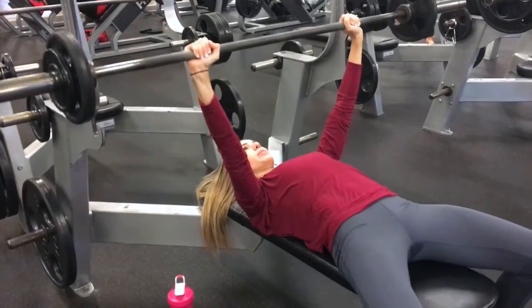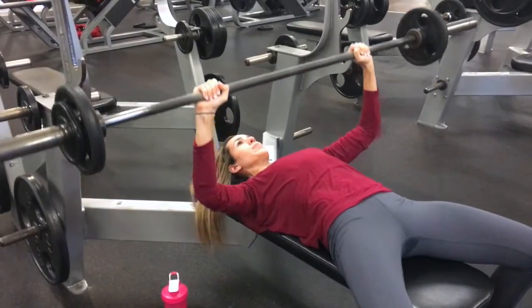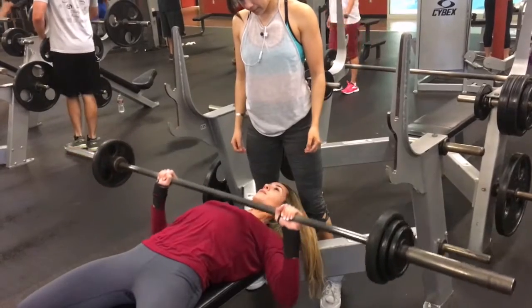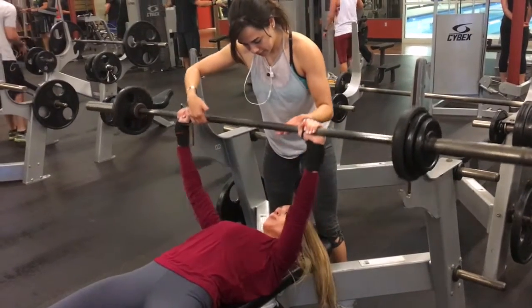I was going for 3 reps. I did 1 rep just fine. The 2nd rep I struggled with a little bit. Brees had to barely touch the bar to help me get past kind of my stick point. And then the 3rd rep, I only made it about halfway up and struggled there, and she went ahead and